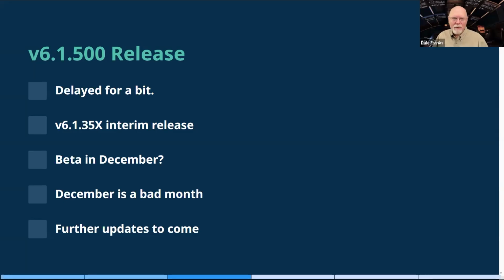Understanding that if you were to upgrade at like version 6.1.311 and you think, okay, this has the fix that I want, then in 312 or 313, there may be other fixes that you go, I'd like that too. And we understand that you as a customer probably don't have the liberty to upgrade as often as we do releases. So it's important for you to look over those release pages to be sure that whenever you decide on doing an upgrade, we're at a version that you're going to be happy with for a while, so you don't have to go through all of the pain associated with doing upgrades.